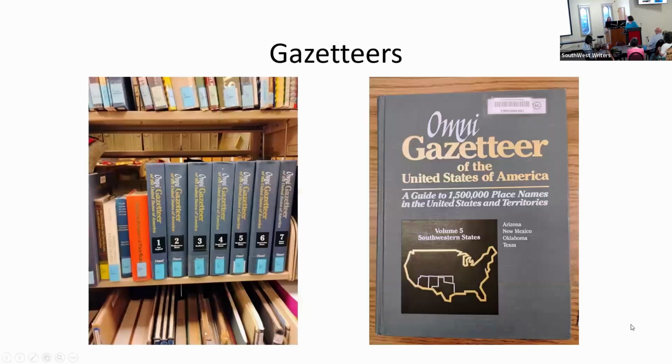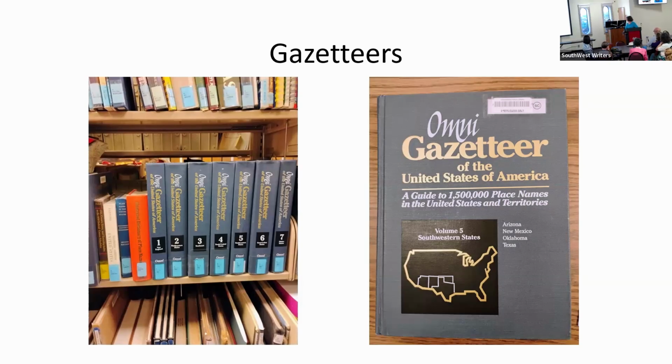The next category are gazetteers, which has always been one of my favorite words to say. When I was thinking, gazetteer, ooh, can I use it just to say it? These are dictionaries of places. Generally, they are going to be alphabetical by name. They will include your cities and towns, but they also include geographic features, and they provide additional brief information about the location. Some also include thematic indexes. They may also be hierarchical. So it may be state, county, city, village, whatever, neighborhoods, you might find that.